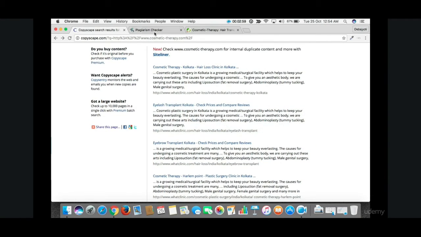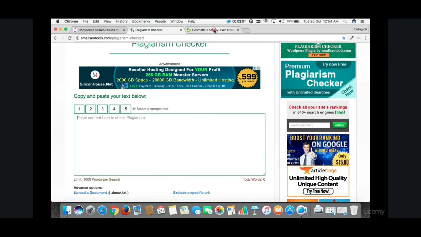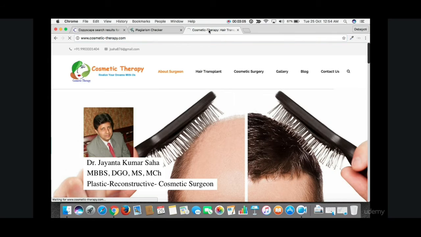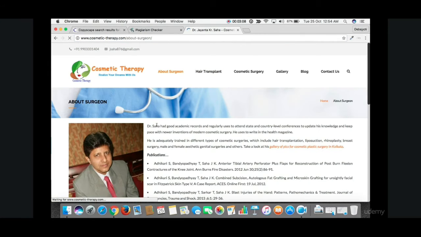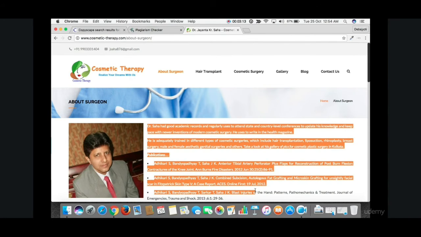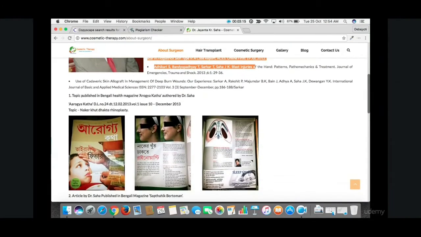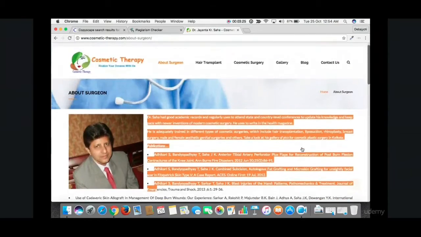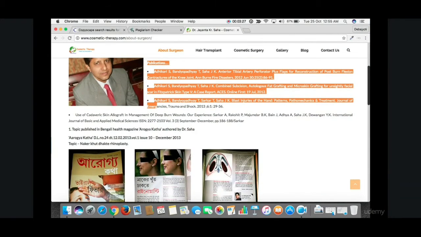In the same way, suppose we go with the About Surgeon page. For example, we take this content from here and let's see whether any other web page has copied it or not. So we check here.